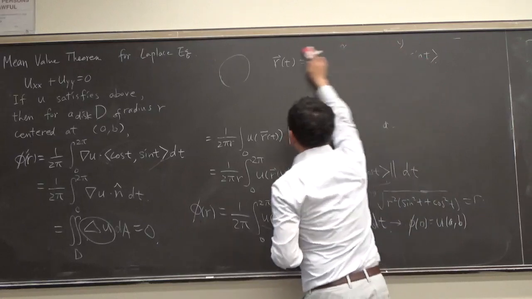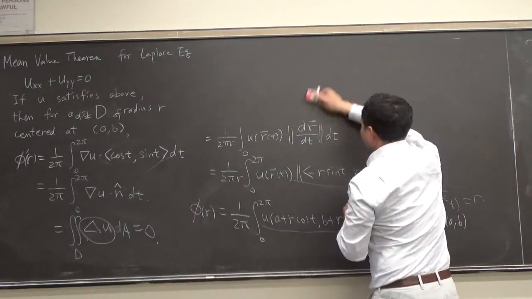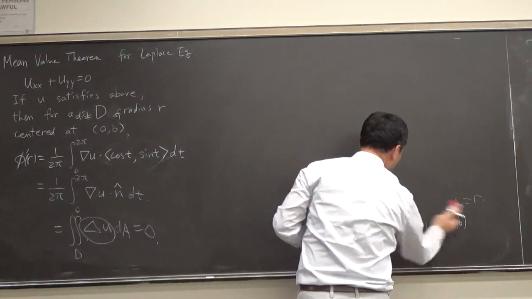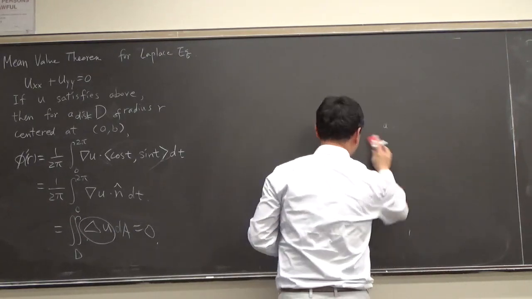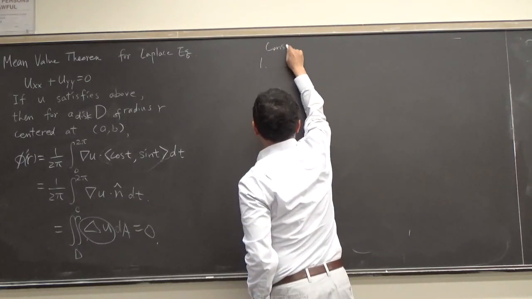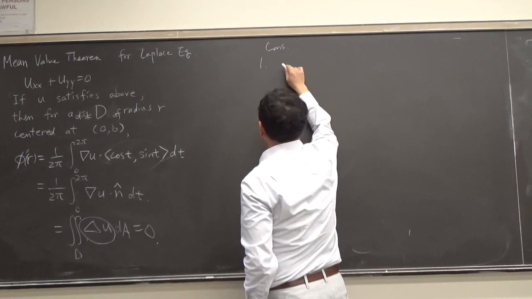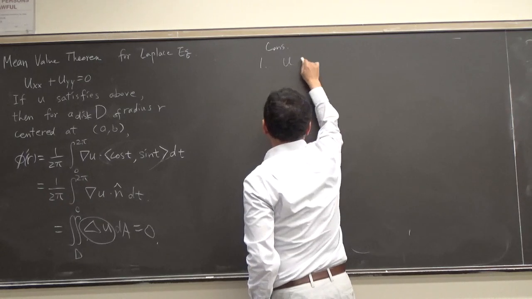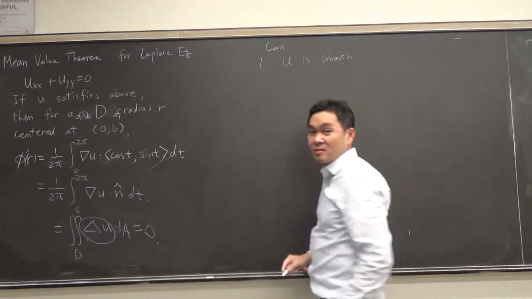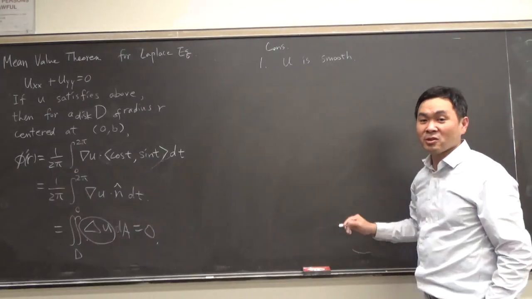Okay, so there are some important consequences. Sorry I'm going over time today. Let me just briefly say the important consequences. So number one, u is smooth inside the boundary because